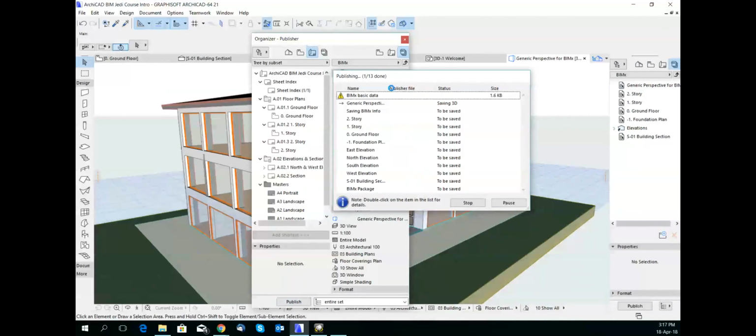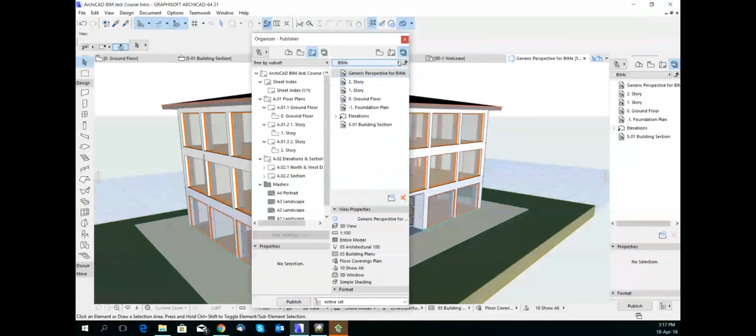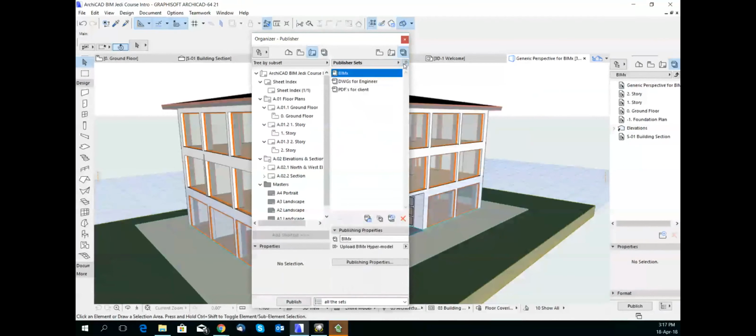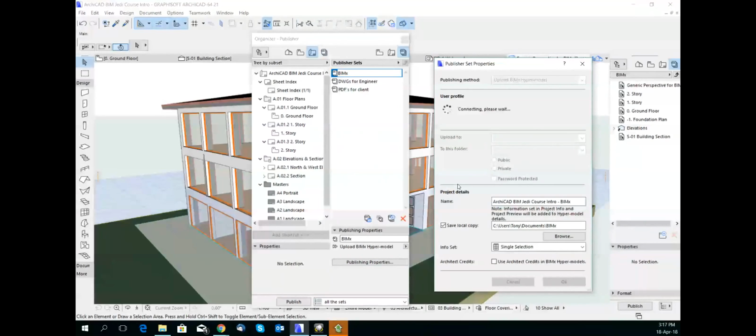So with BIMX, it's a net-based system as well, internet-based. So our clients can then go online and have a look at the model themselves at home. So in here, we want to choose our publisher set for BIMX, and then down in this little arrow here, we want to make sure that we click the upload BIMX hyper model, and then into the publishing properties,